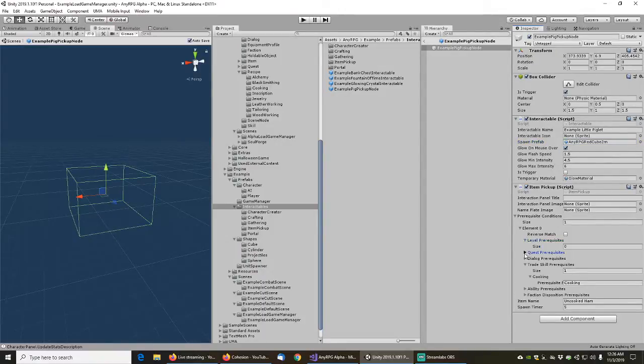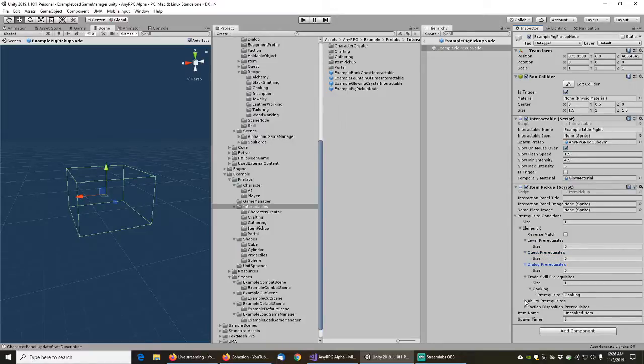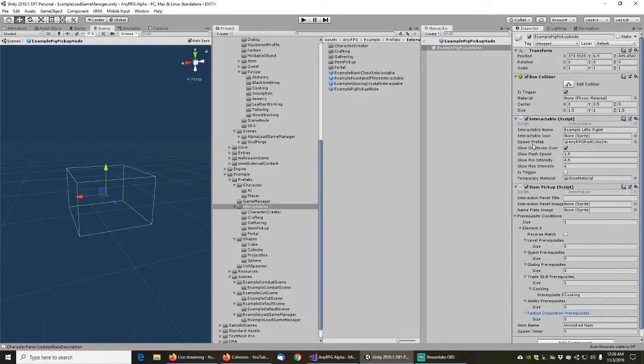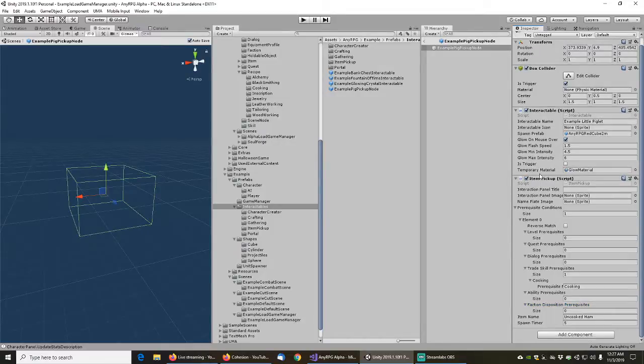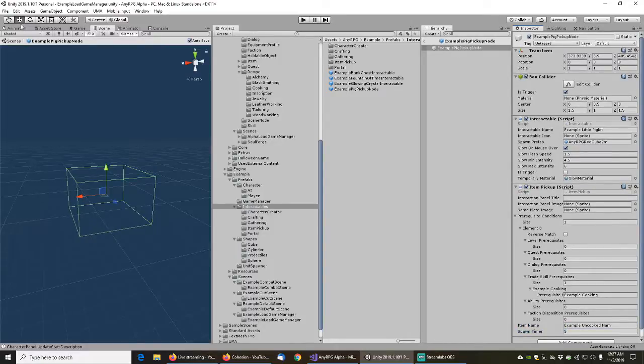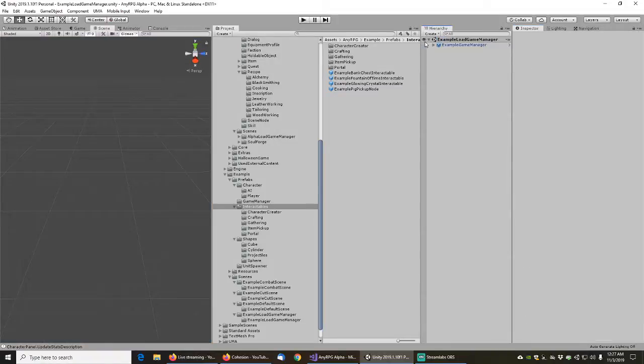So let's open all these up. Okay, good. So example little piglet has one prerequisite. We need example cooking, and he will give us an example uncooked ham. That looks good. So then we'll need to put him in the level, and then there was one more spawn